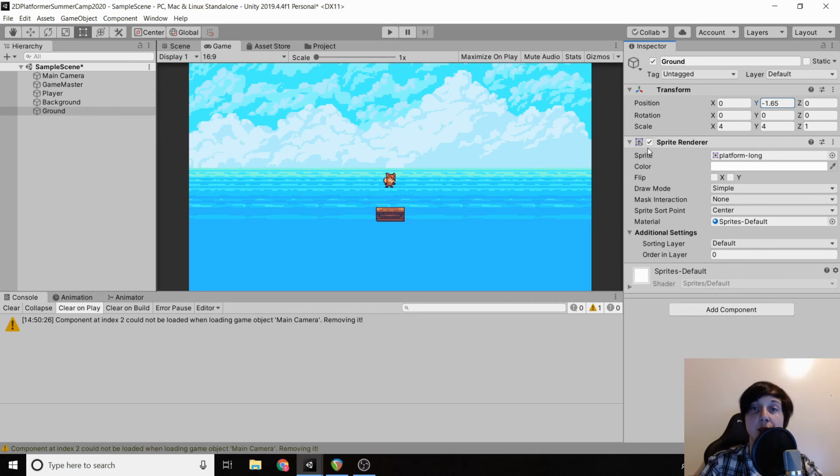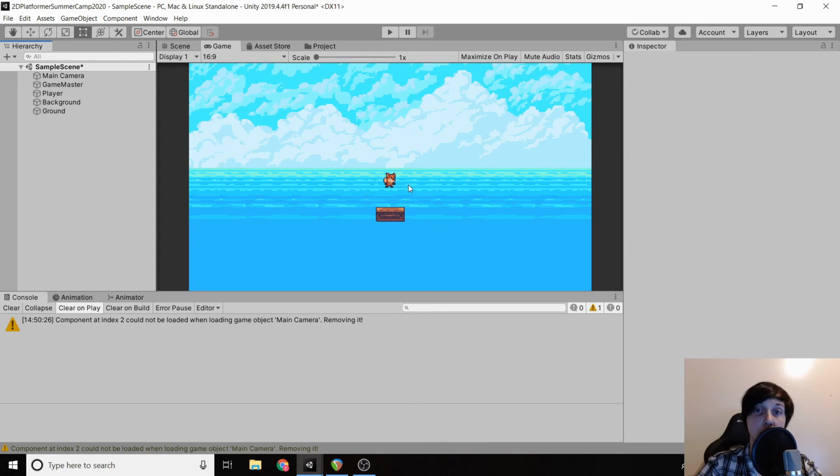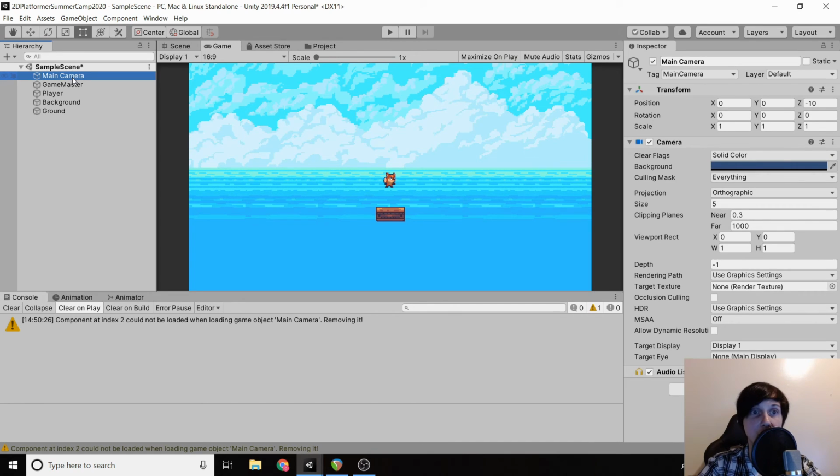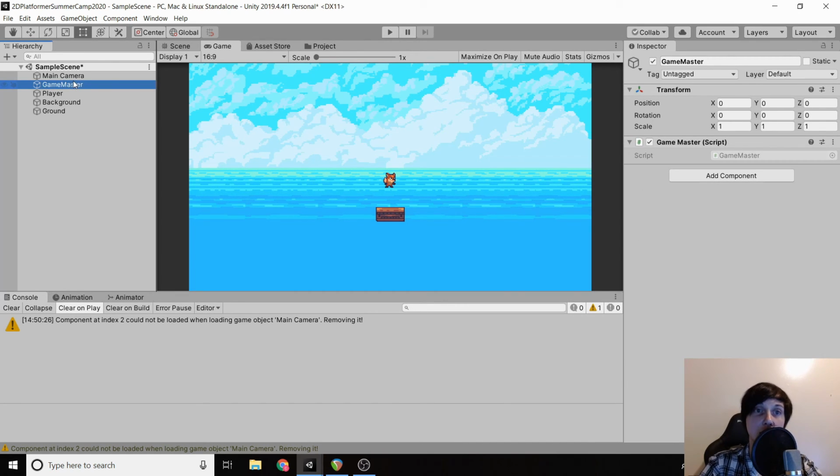Okay, so as you can see, there's a lot going on. But we have game objects that represent something in the environment, such as our background game object, our character game object, our ground game object. We also have our camera, which we're not going to really be touching too much, and our game master, which will be handling like the time, the score, and all that stuff that isn't directly tied to an object that we can see. But you'll notice if we click play,